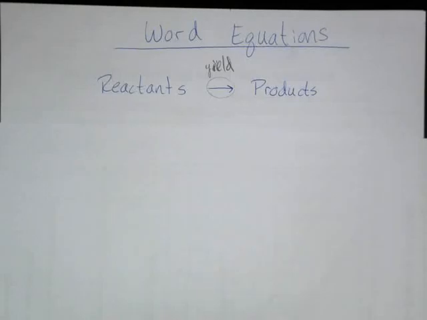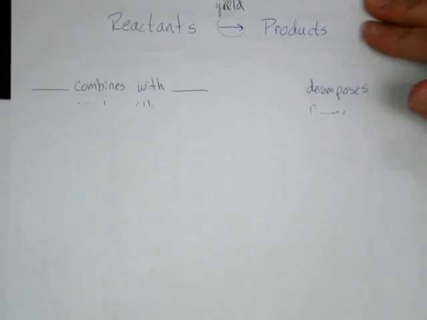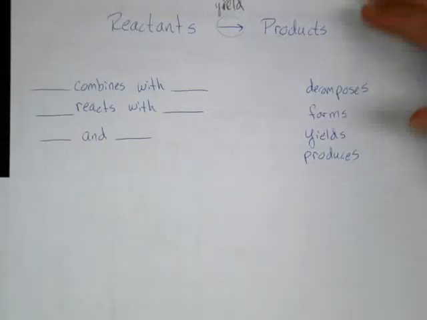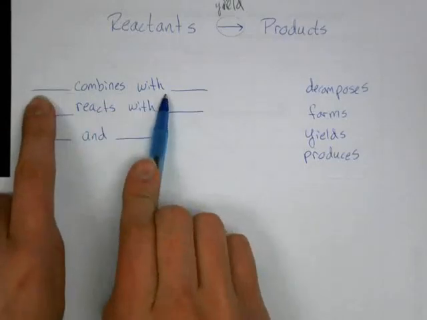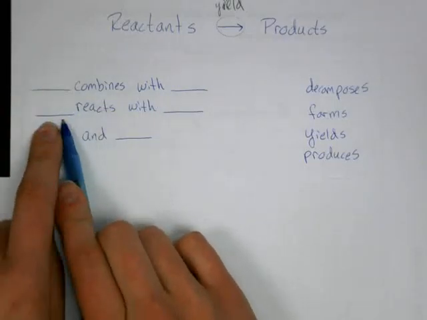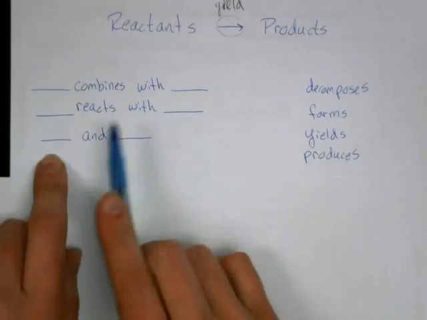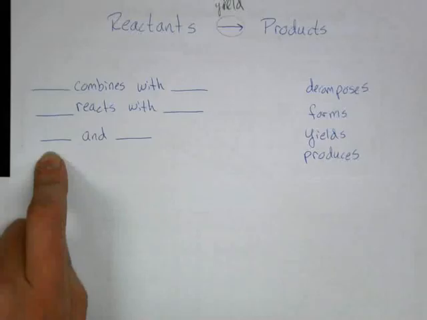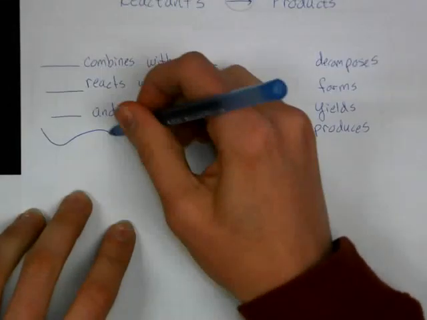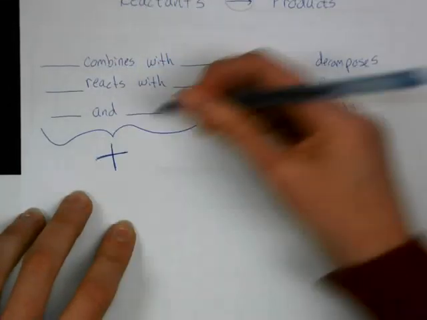You can have one reactant and many products, or you can have many reactants go to just a few products. It doesn't matter the numbers that you have. If you are given a sentence or a word equation and you see, for example, something combined with something else, or one substance reacts with a different substance, or just first substance and second substance, all of these mean that we're going to add our